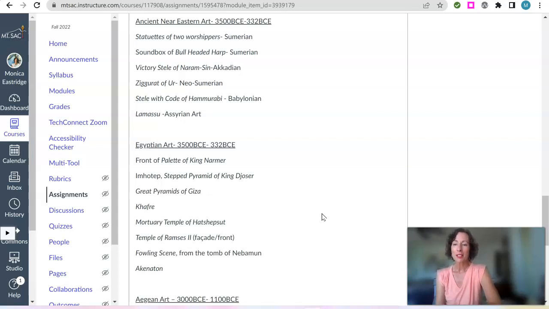But really what I'm going to be looking for, right, is the art historical information. So you're going to want to explain the culture that it comes from. You're going to explain, say, the function of the artwork if you know it, where maybe it was found or located, if that's important information. And then you're going to want to show me how the imagery, the subject matter, and the style is reflective of the typical kind of subject matter and cultural concerns of that culture that you're discussing.